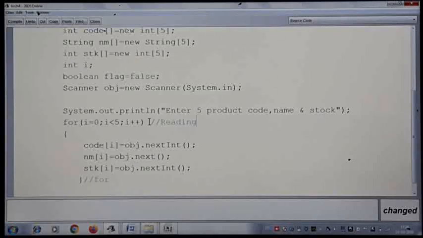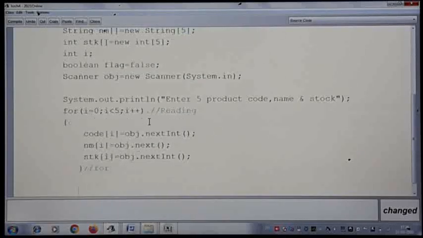So this for loop is exclusively for reading the array. Do not combine your reading and searching. Only when the list is ready can you start searching in an array. So keep your array ready first. Once the list is ready, now you ask the user. Normally when you go for programming, the list will be available, and you will be asking which element they want to search. Since we are writing both as a single program, we read the array first.